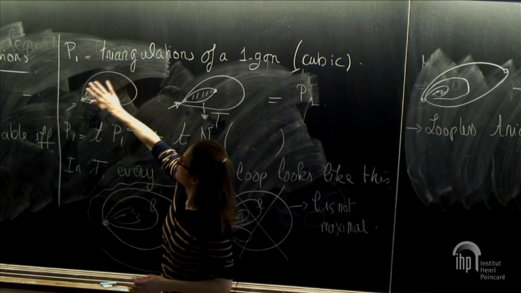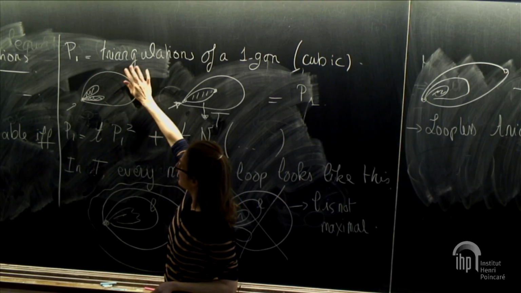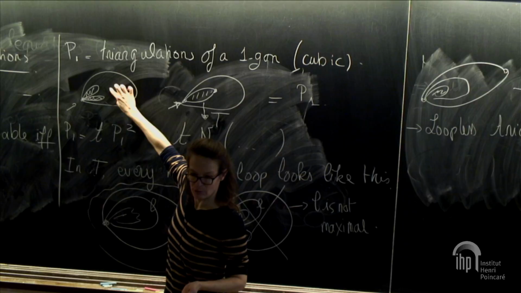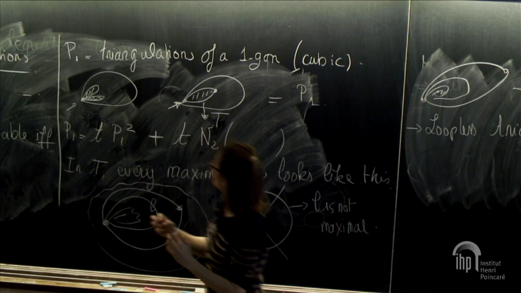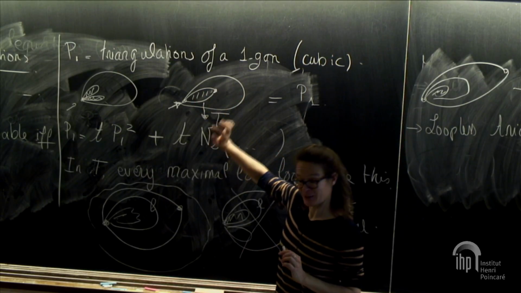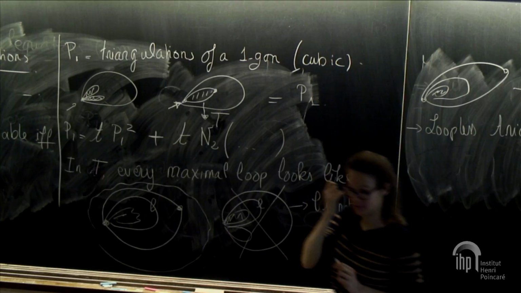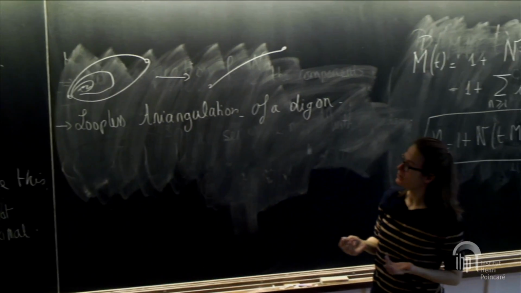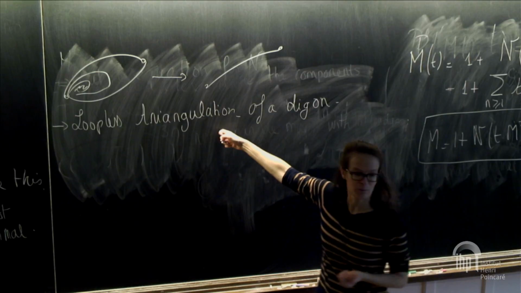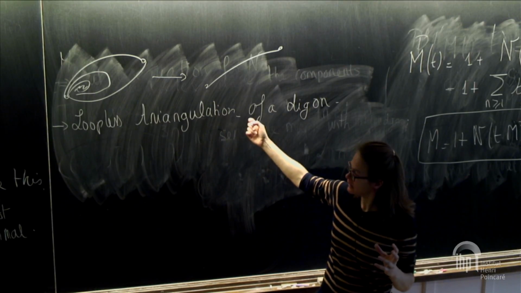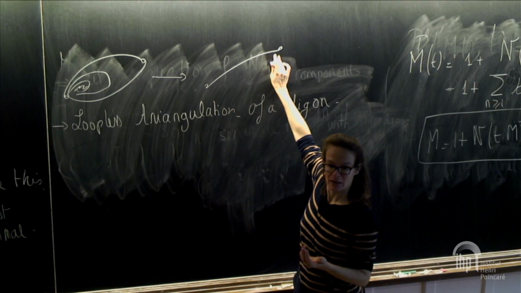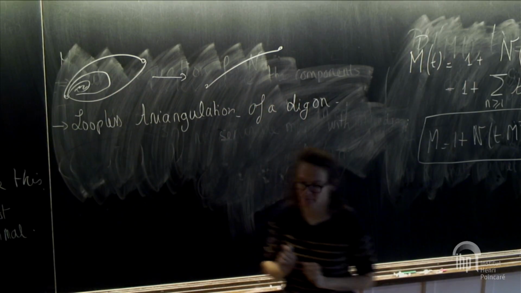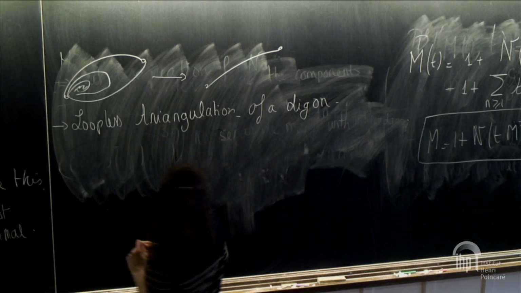So in other words, if I erase the root edge, I get a map of outer degree 2. First case, this outer face is not simple, which means that I have 2 loops attached at the root vertex. And second case, the outer face is simple. So that's this diagon case. Okay, so now the question is, how can I go backwards? I start from this loopless triangulation of a diagon. And I want somehow to inflate every edge, possibly, into something like that. And so, as Philippe is saying,